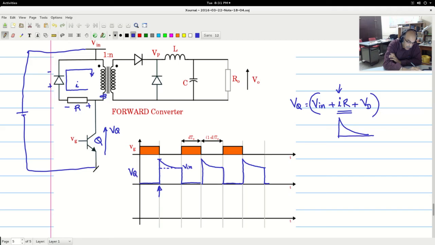So during the instant of switch off, you may see in the scope a very high spike like this. Now that is due to the leakage, and that is when the leakage energy causes that kick. So I will actually be N I naught plus I magnetizing peak. I magnetizing peak. So this into R